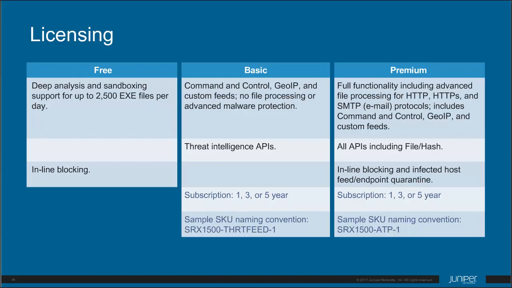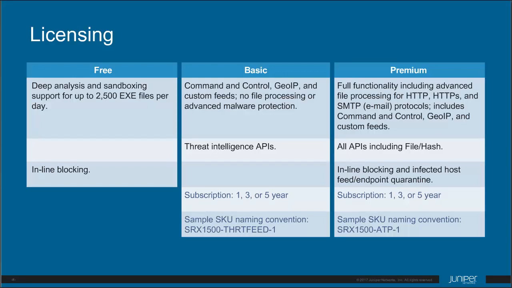What we won't be able to do with the basic version is the processing of advanced malware protection of the stage of the chain of 4 steps that we saw. Then we also can connect with the threat intelligence APIs, and the subscription model can be for 1, 3, or 5 years. Then in the premium version, we will get all the basic features, so the security intelligence features, but